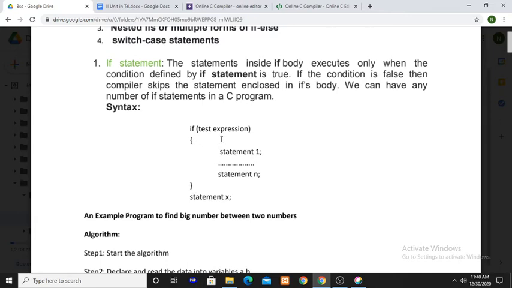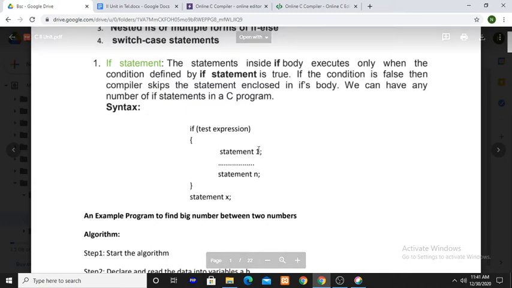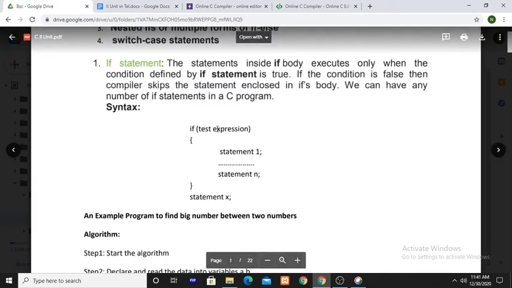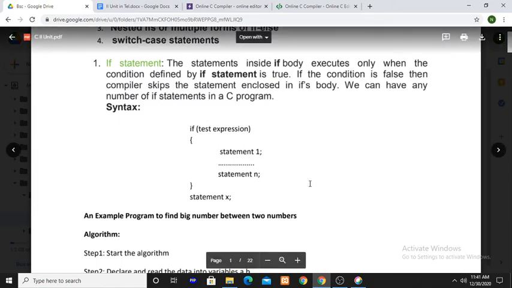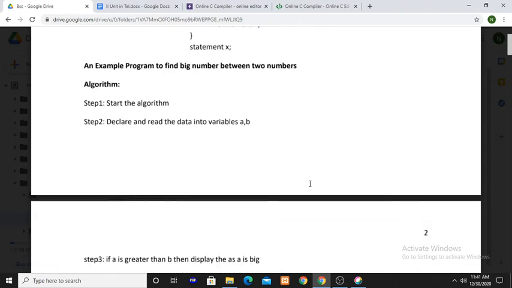If the condition is true, the statements enclosed within the opening brace and closing brace are executed. If the condition is false, the statements written within this block are not executed. So this is the if statement syntax.